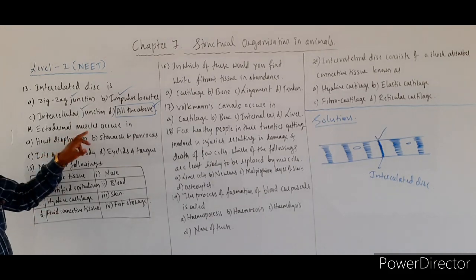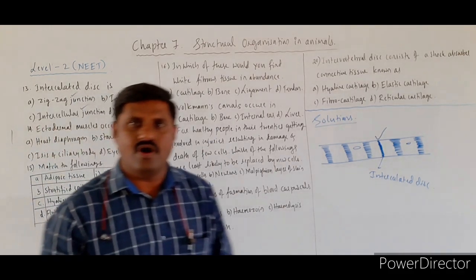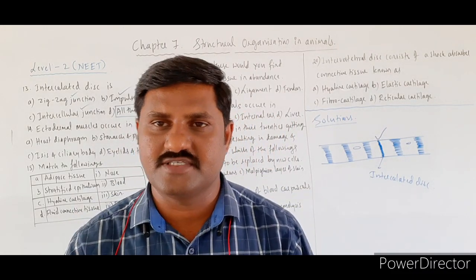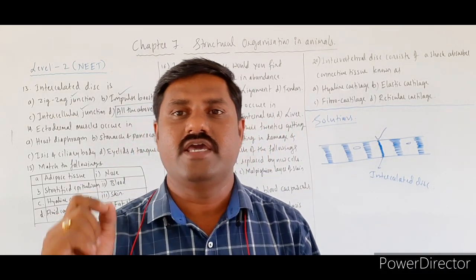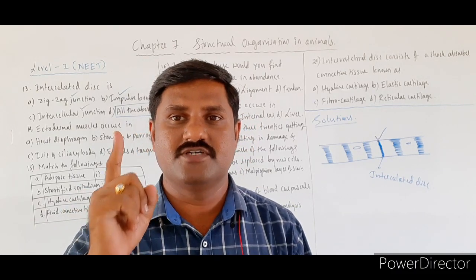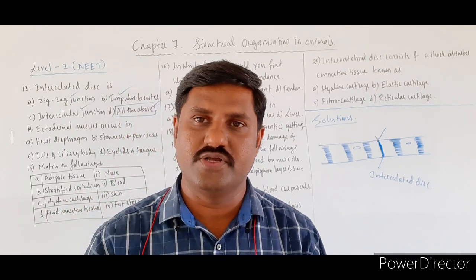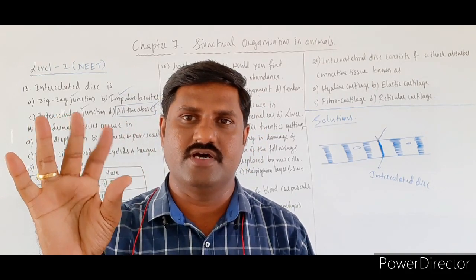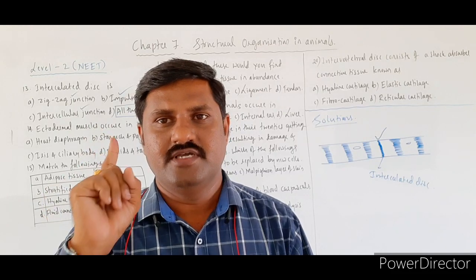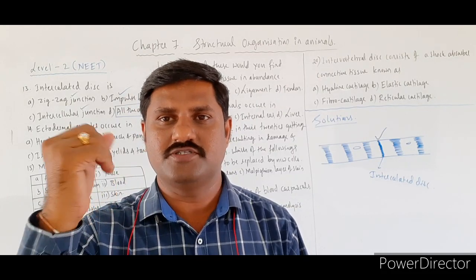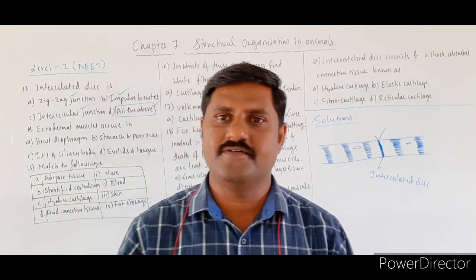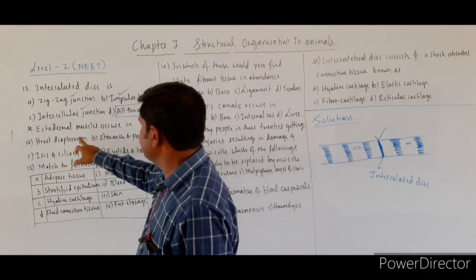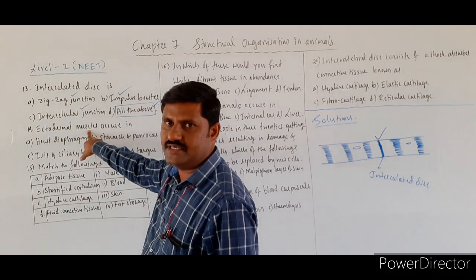So what are these ectodermal muscles? These are the specialized muscles which originate from the ectoderm, one of the germ layers. Already I have told you there are three germ layers that we come across. One is ectoderm, endoderm, mesoderm. So among them, ectoderm, from which the origin of muscles takes place over here.